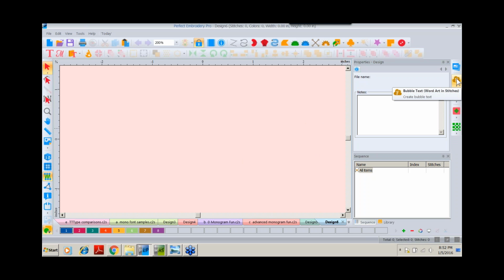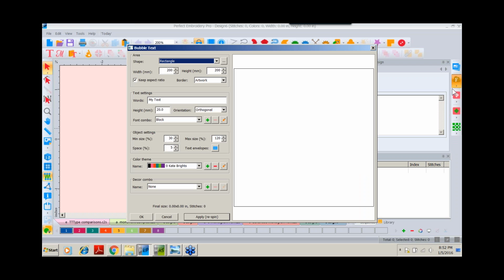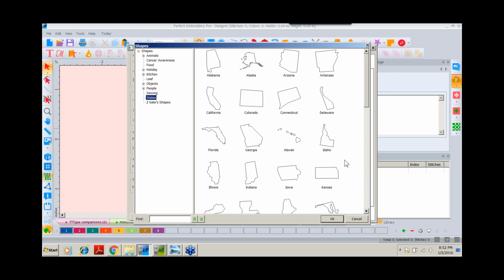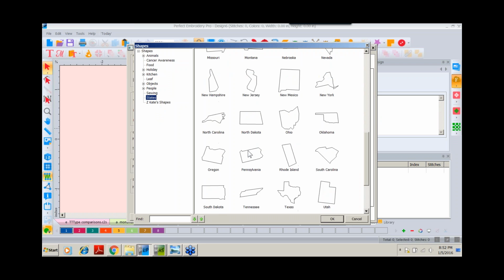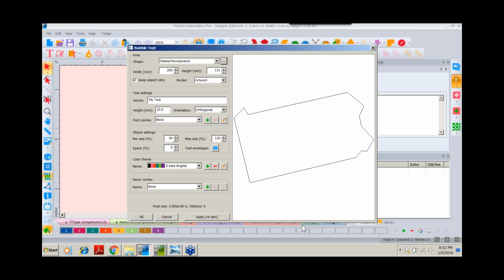If I click on Word Art and Stitches, and by the way, I have all of the software loaded on this computer, so that's why I'm seeing all of my icons. Here I am brought into the bubble text screen of Word Art. Some of you might be familiar with this. I'll go ahead and click on the ellipse. I'm going into states, and I'll drag down and pick my home state of Pennsylvania,